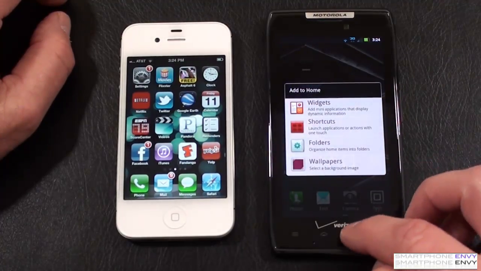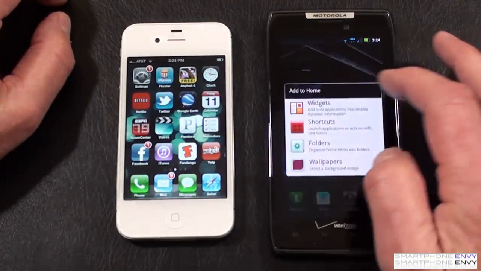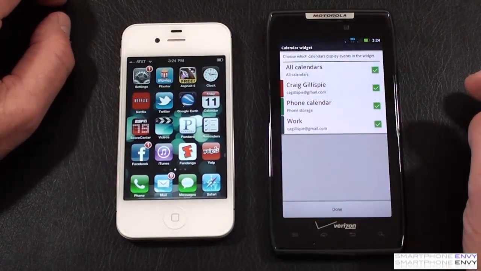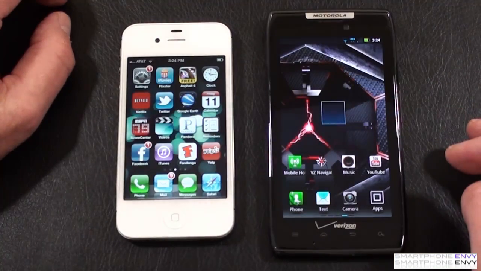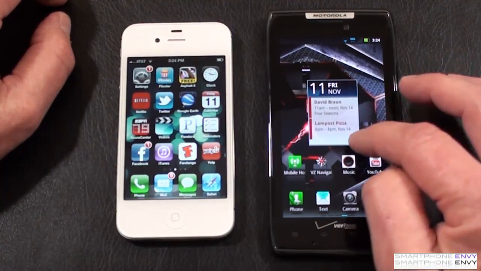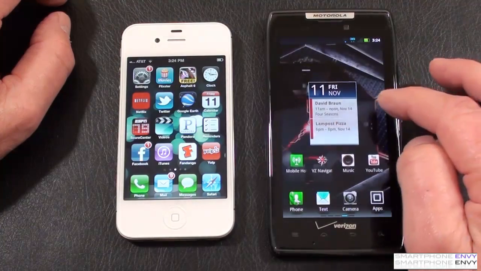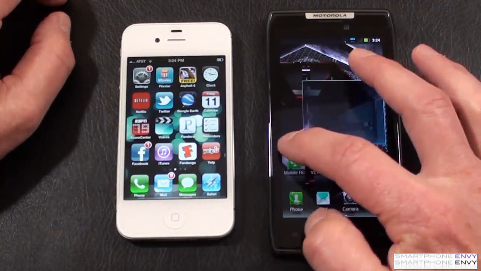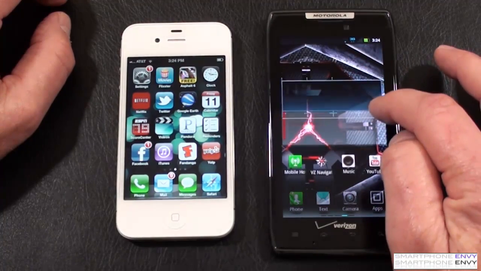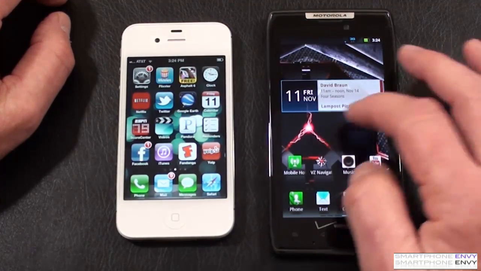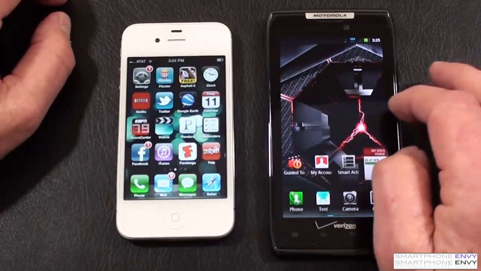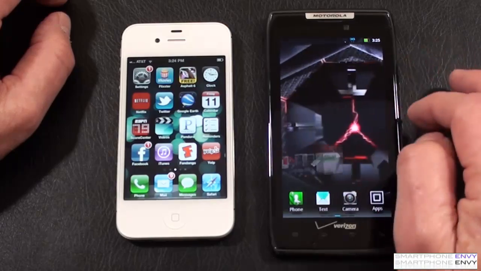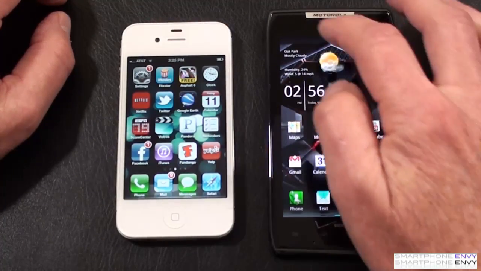And again, you can simply hold down on the screen to, let's put one on just to show you how it works. Let's pick calendar. There we go. And now we've got our calendar app. We'll say OK. And it'll put it right there. And then depending on, you can resize these, which is nice. There we go. So I can make it larger if I'd like. And I can also make it smaller if I'd like. So there's your widgets and sizing of the widgets. Just in case you're wondering, this is Fancy Widgets Weather and the See Me Clock widget. So there's a look at the widgets